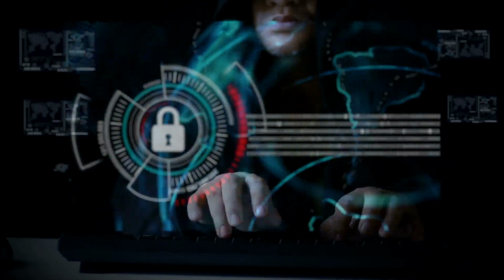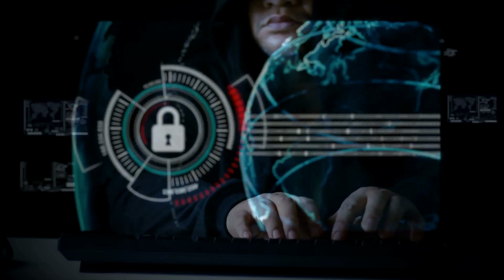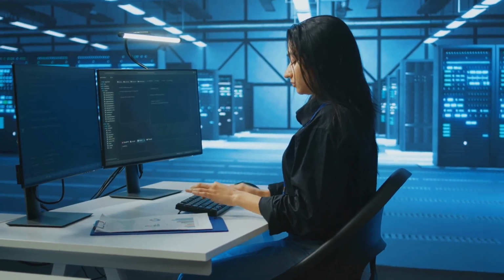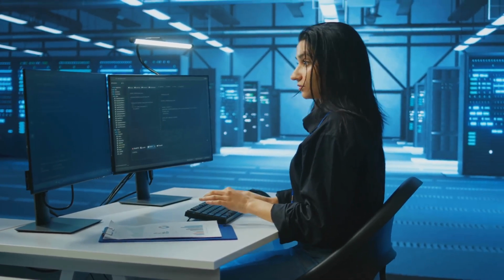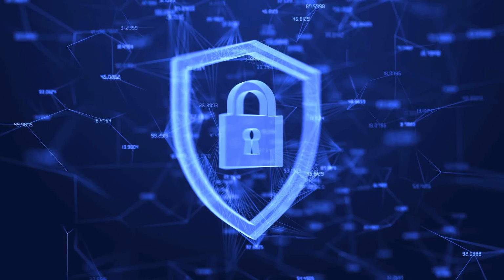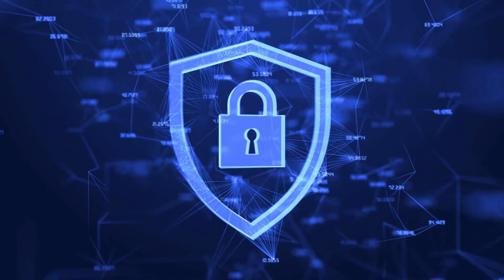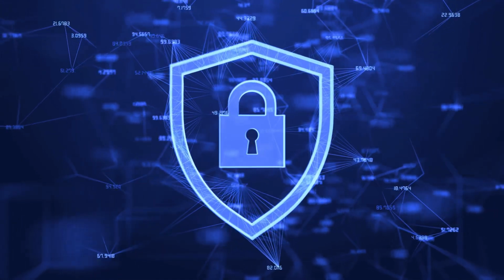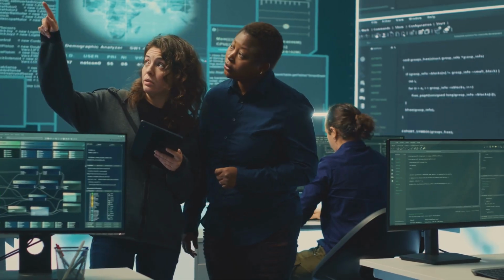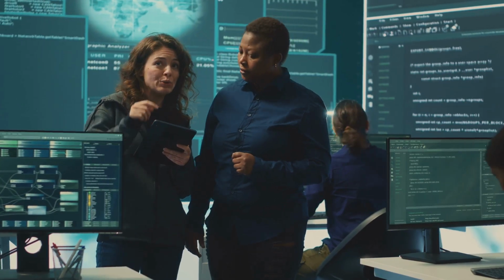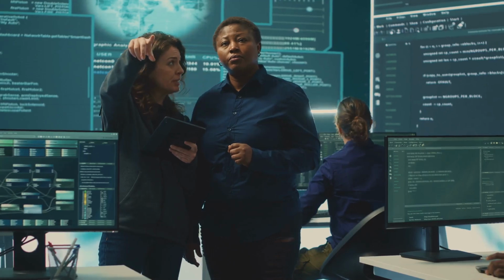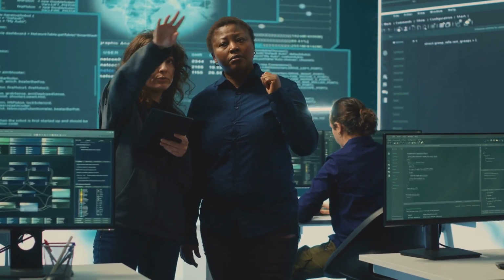Section 9. Conclusion: a layered approach to cybersecurity. In conclusion, authentication, authorization, and network firewalls are essential components of a robust cybersecurity strategy. They work together to create a layered defense system that protects your valuable data from unauthorized access and cyber threats. By understanding these concepts and implementing appropriate security measures, we can mitigate risks and navigate the digital world with confidence.